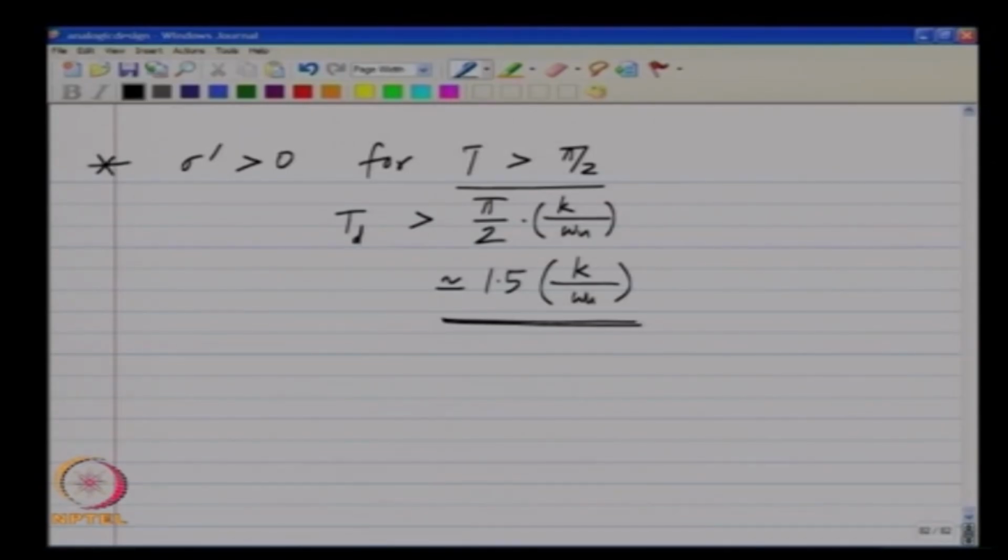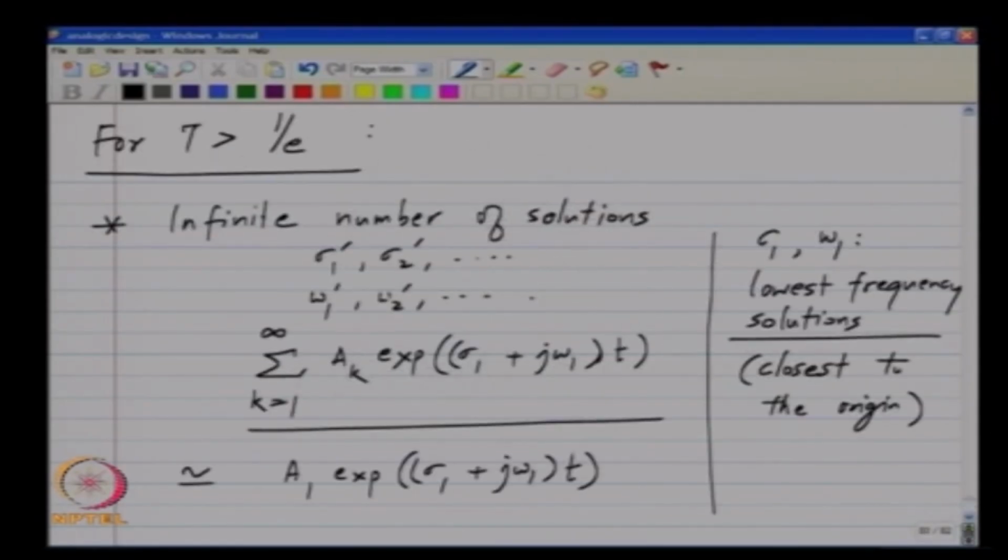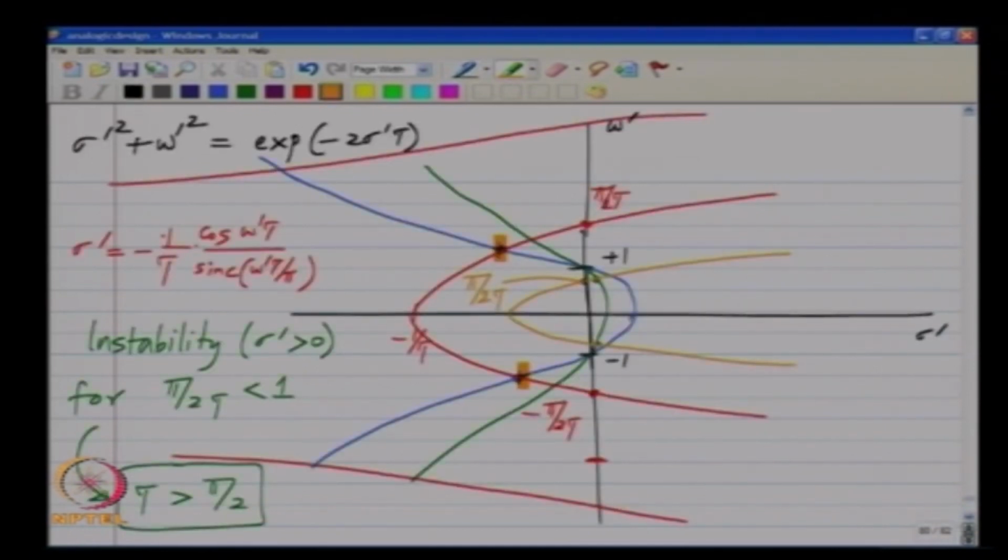And what do the solutions actually look like? Because earlier for tau less than 1 by e, we saw that the output voltage V naught started from 0 and then reached the output without overshooting. Now, in this case we have admitted complex coefficients inside the exponent. What it means is solutions of the form exponential sigma 1 plus j omega 1 t, accompanied by exponential sigma 1 minus j omega 1 t, because you will always have a symmetrical pair. If you have a point of intersection here, its mirror image about the x axis will also have a solution,